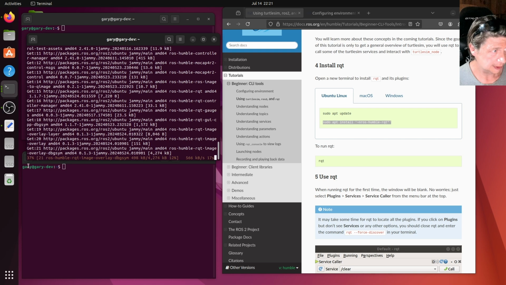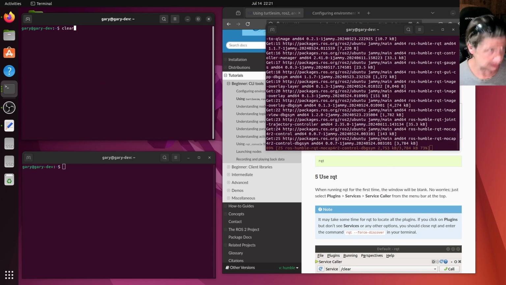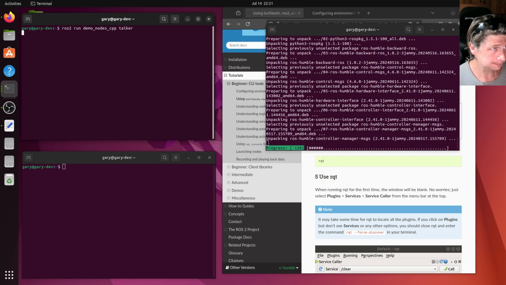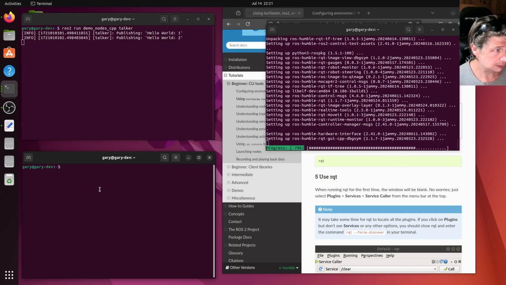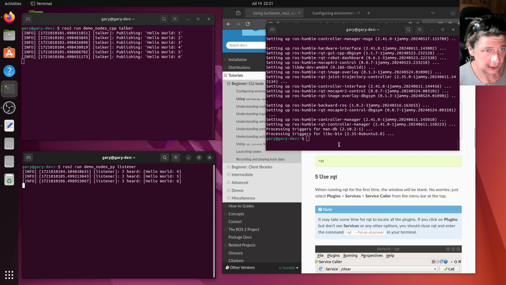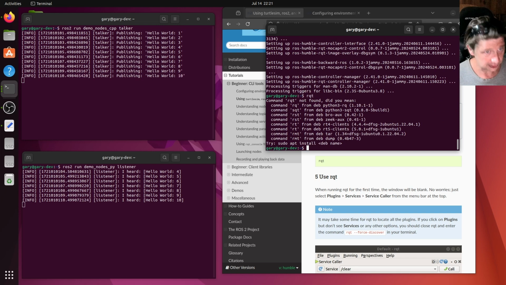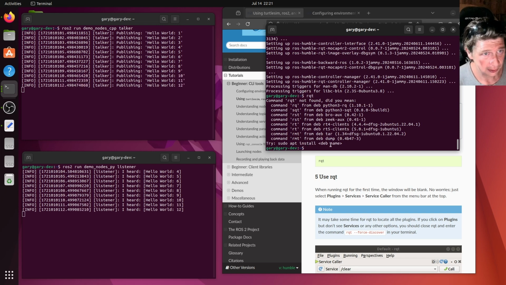And it looks like this might take a second as well, so we can actually move this over here. Let's get these two nodes fired back up. Got our talker running, and we got our listener running. Okay, so now it just says all we should have to do is run RQT, and